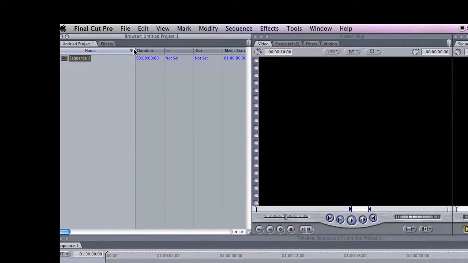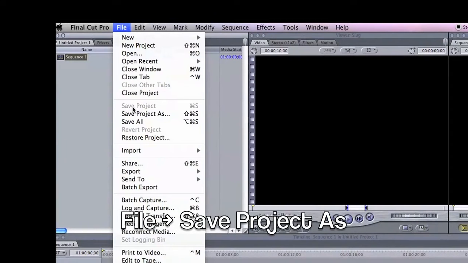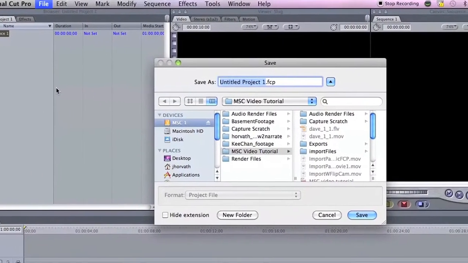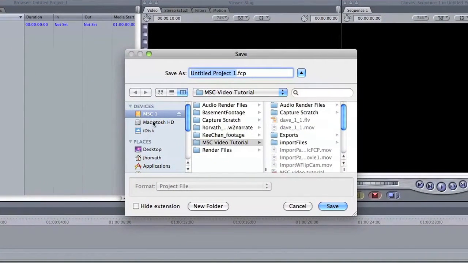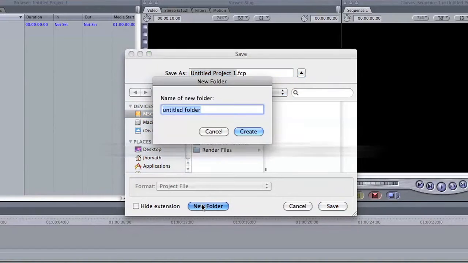Okay, so now what we're going to do is save the project. Do that by going to File, Save Project As, and then the first thing you're going to do is navigate to the hard drive that you have. If you haven't set up your hard drive correctly, I suggest you go back and see the tutorial on setting up your hard drive. And I select my hard drive, I create a new folder,